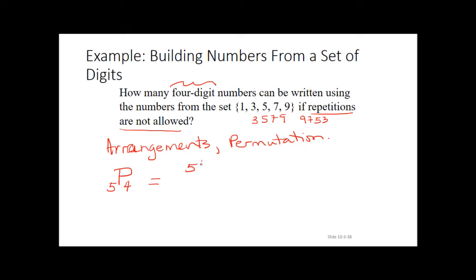Which is going to be 5 factorial divided by 5 minus 4 factorial. And that's going to be 5 factorial over 1 factorial. Now 5 factorial is 120. And you divide that by 1 and you get 120. Okay, so both factorial and permutation, repetition's not allowed,